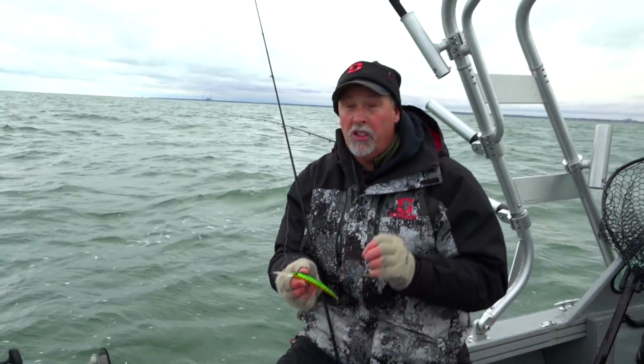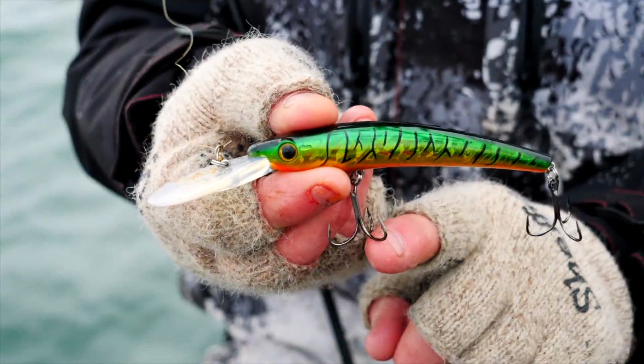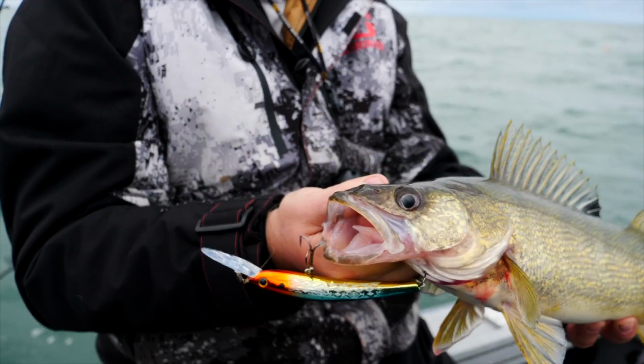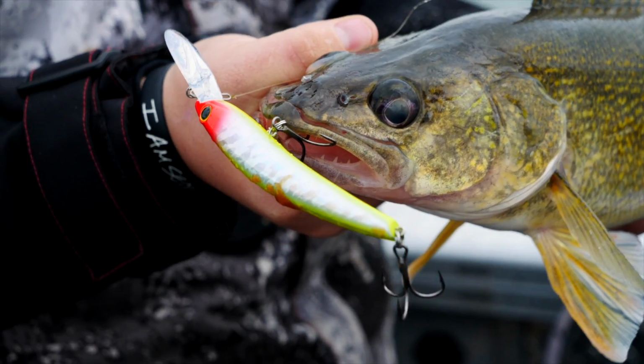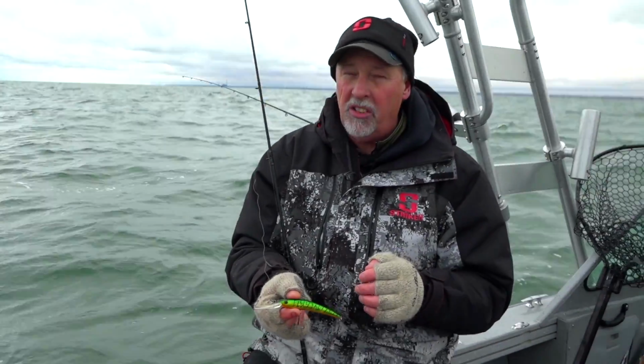Well, one of the things you'll notice immediately when you look at the PWC crankbait is it only has 2 treble hooks on it. Most baits this size have a third crankbait hook right in the middle, so they have a treble hook in the front, one in the middle, one in the back. We opted to go with just 2 hooks here, and the reason for that, I don't think that third hook helps you catch any more fish, but it sure does help you catch a lot of stuff you don't want to catch,